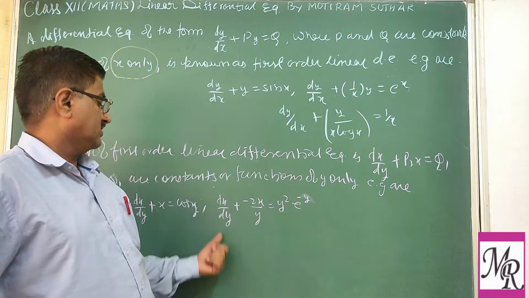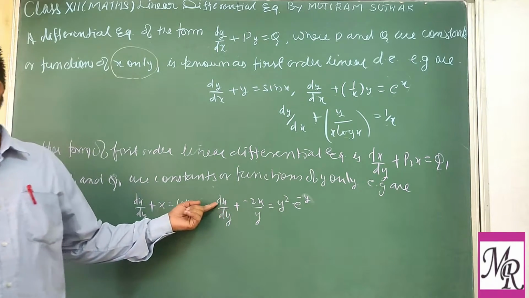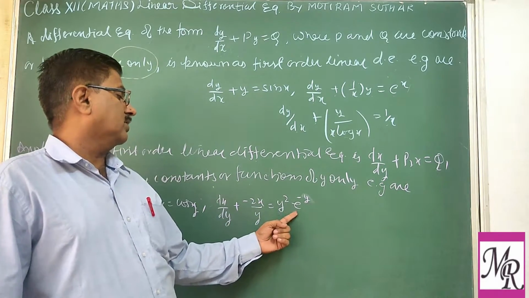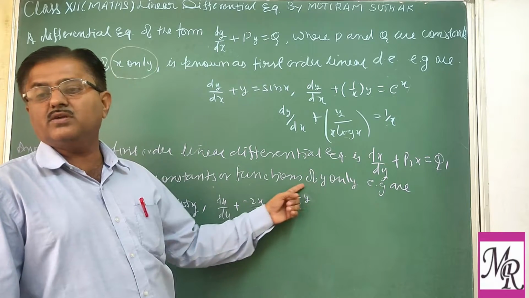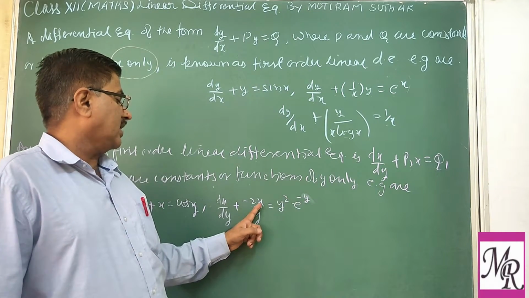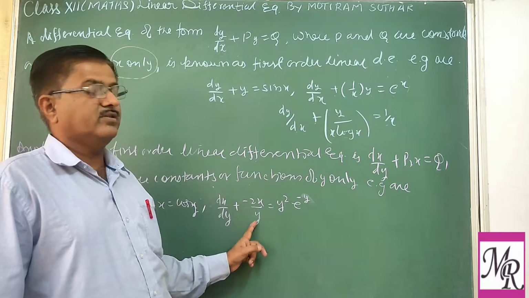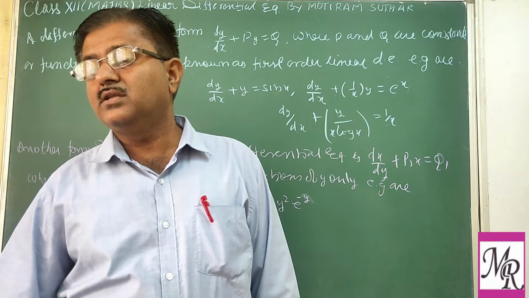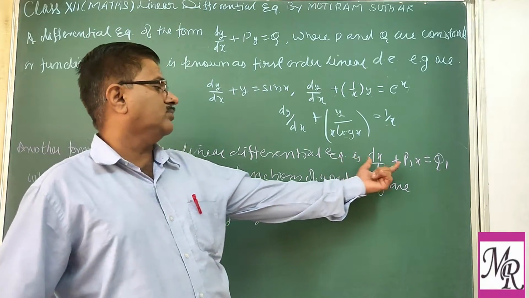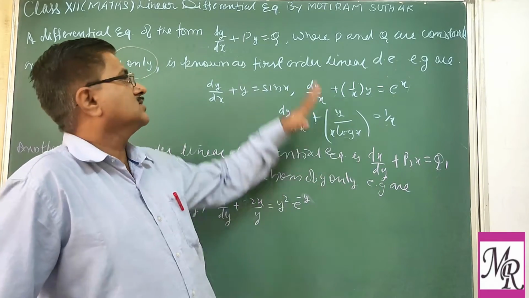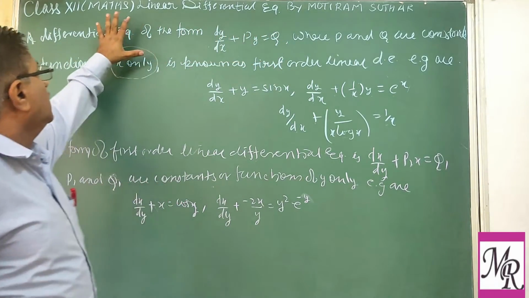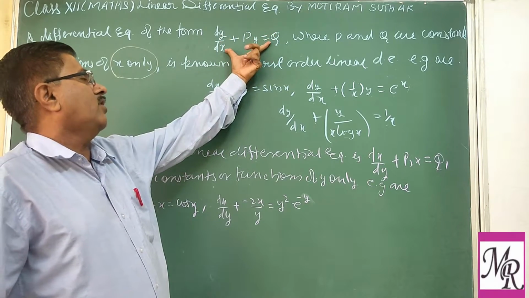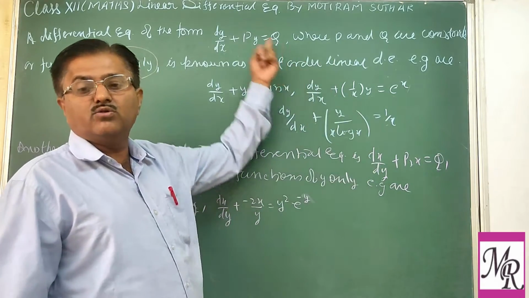Now if you take the second example, dx upon dy minus 2x upon y equal to y square. The right hand side is a function in y, and the coefficient of x on the left side, that is minus 2 upon y, is also a function in y. So for such a type, when it satisfies the condition, we call it the second form, and this is the first. So in the linear differential equation, we may write a standard form, either this or this. There are two forms.